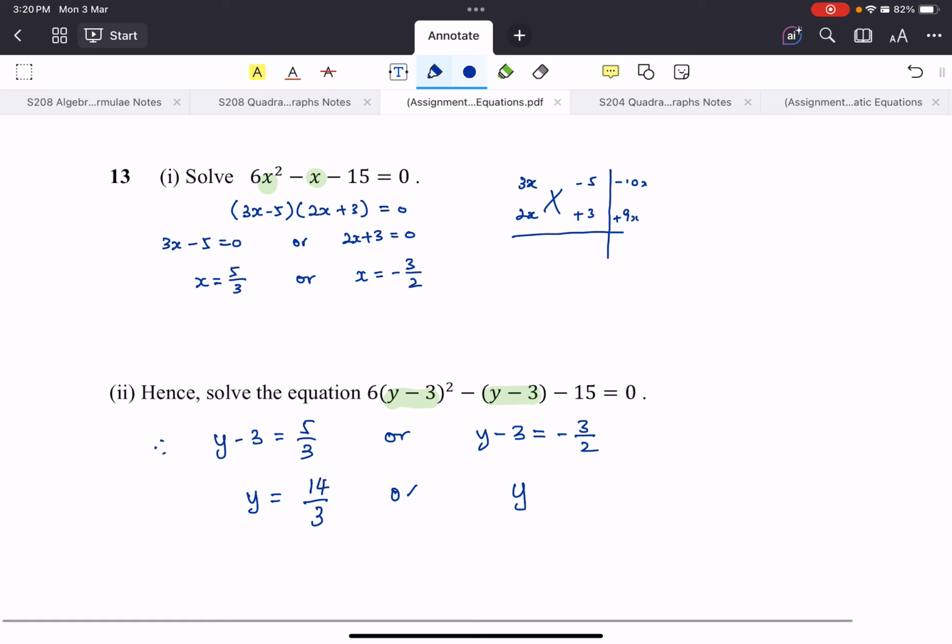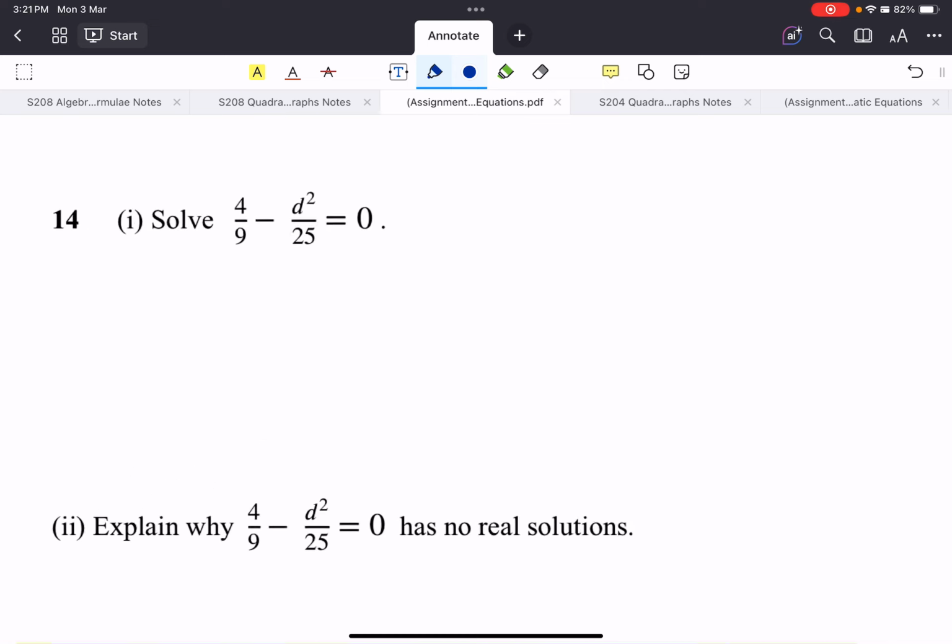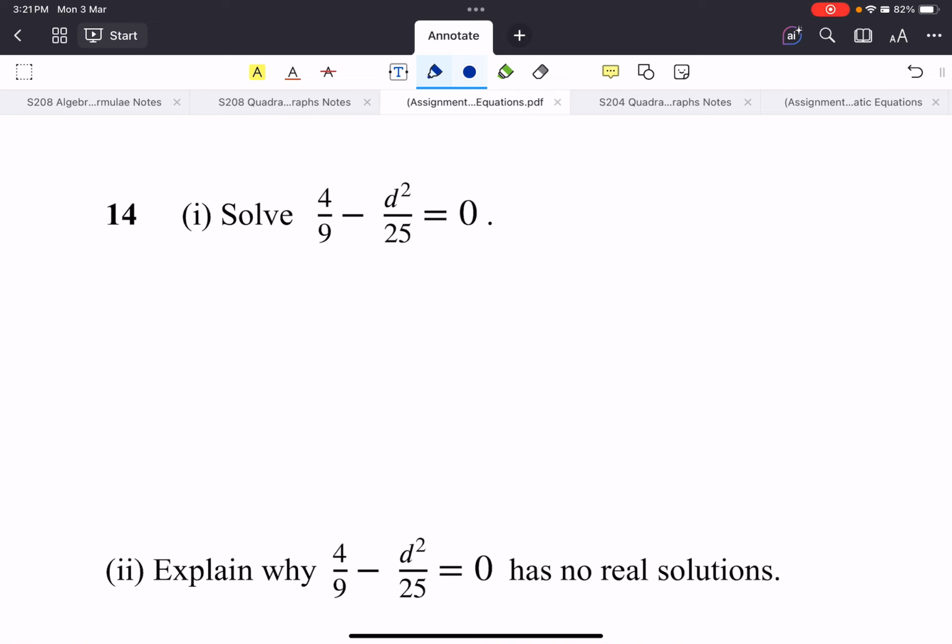Or, in this case, it will be 3 over 2, right? Okay, almost done. This one, how about this question? In this question, a couple of things to do. Over here, we can make the denominator common, or there's actually another way to approach this. If I have d squared over 25 equals 4 over 9, this gives us d over 5 squared equals 2/3